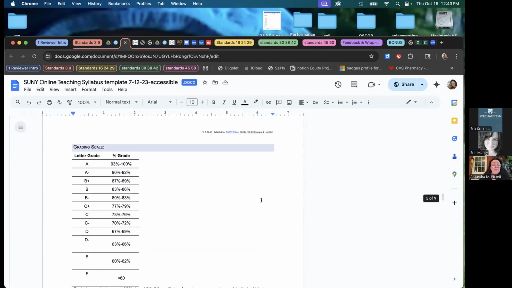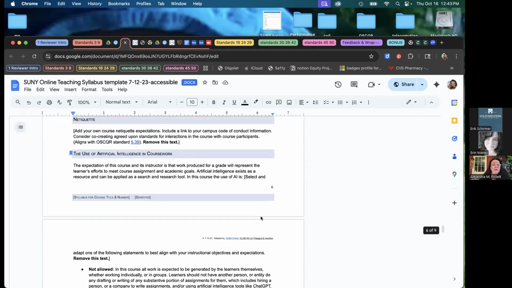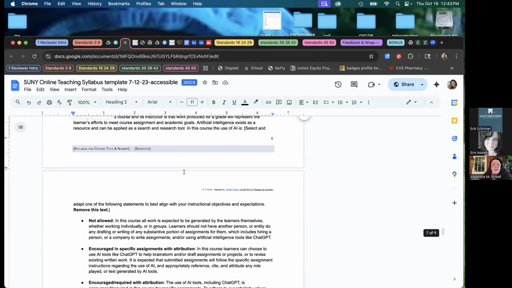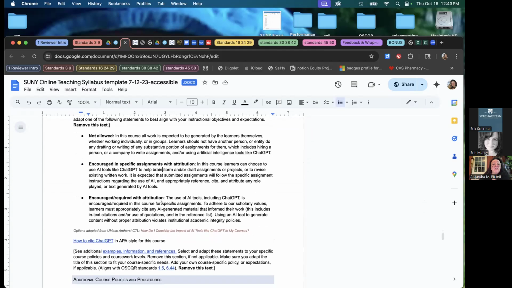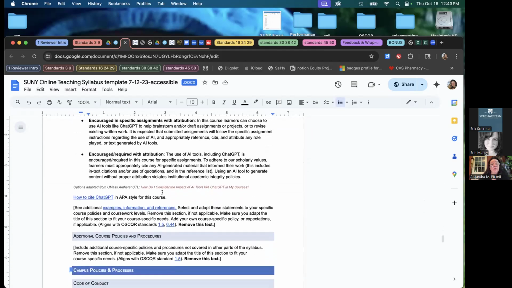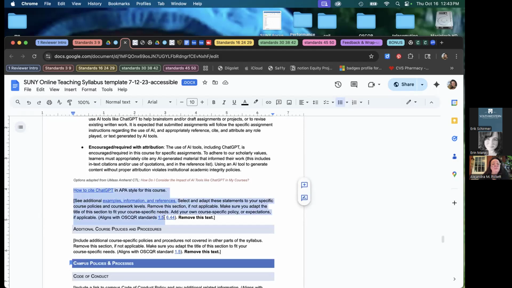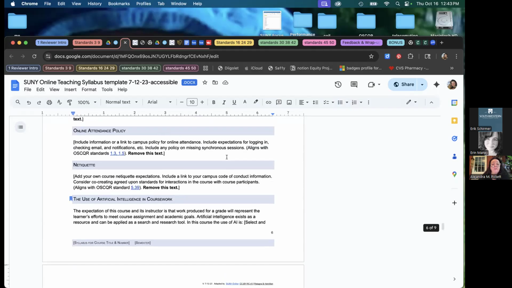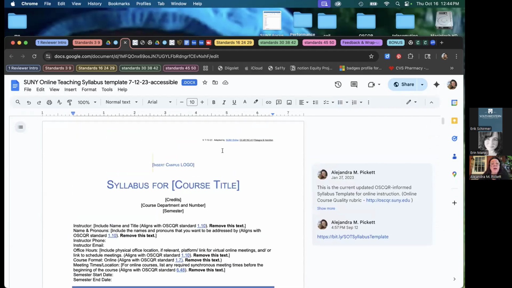And then there is a statement on AI in here somewhere. Here it is. So, take a look at every syllabus in the course that you review and see if they have a statement on AI. Make sure if your department or your institution has a policy that's referenced in the syllabus, and if not, that somewhere in the course the instructor is telling the students what their expectations are regarding the use of AI. It might be that it's not allowed, it might be encouraged under certain conditions, or it might be required under certain conditions. And you're helping students understand how to cite AI as well. So those are just some unique things about this OSCQR infused syllabus template that you can use